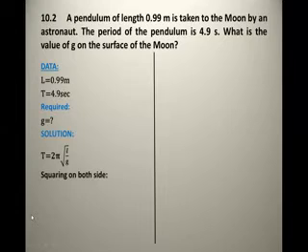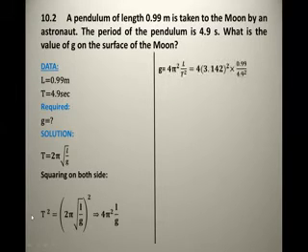Squaring on both sides. Should we square on both sides? What is our requirement? Yes, miss, we want g. That's why we want to take g out of the square root. That's why we are applying square root on both sides. When we apply it, this is the final result. And after that, when we put all the values in, this is our final answer.